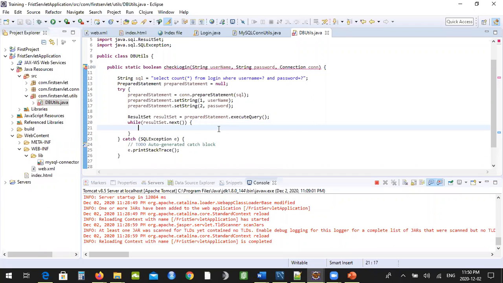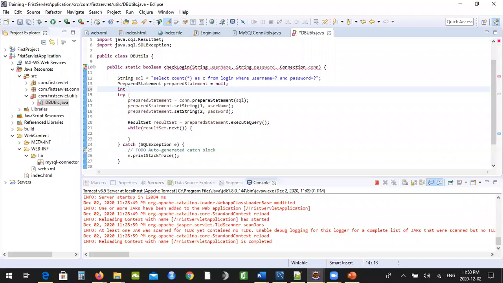So I need to get that. In our case, we are trying to get only one variable, that is the count. So let me give it a name, count, or C. Okay, that is my name. So I'll be getting count. For that purpose, I need a placeholder, so I'm using int. By default, it's 0